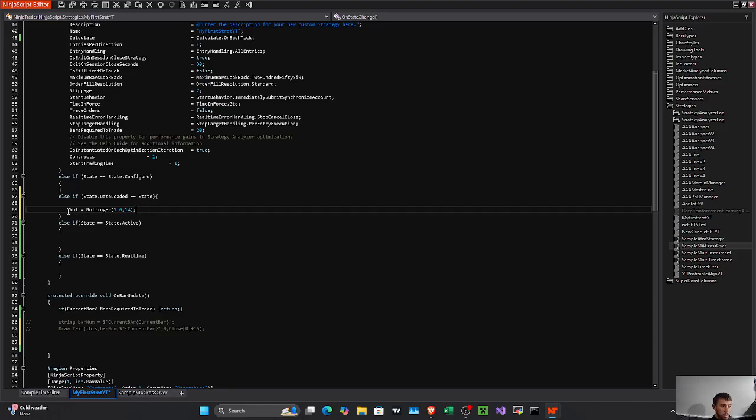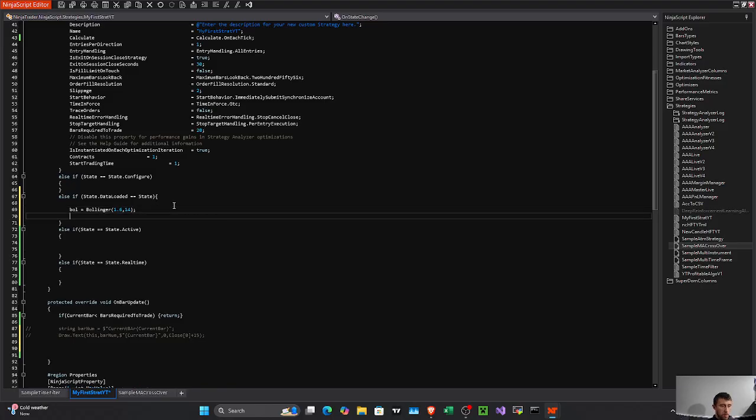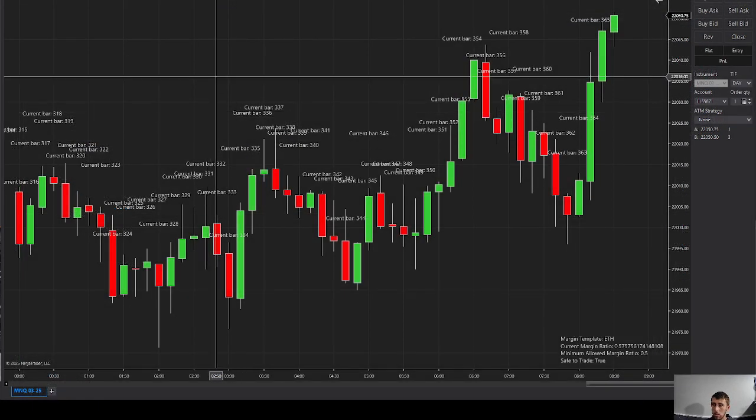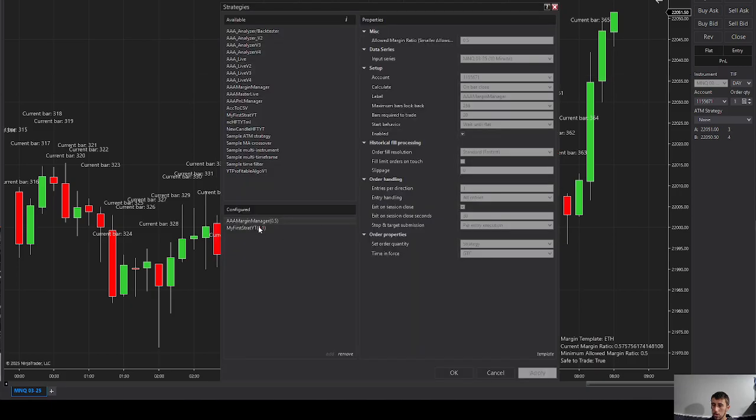So right now what we just did is we created the Bollinger Band indicator and inputted it with these parameters. Now, if you want it on the chart, you can do add chart indicator bull, and that's it. Now let's compile and see if that worked. So we're going to come back here, go to strategies,